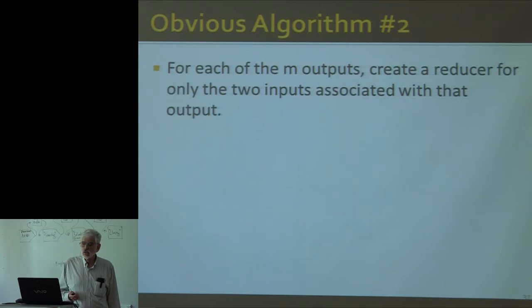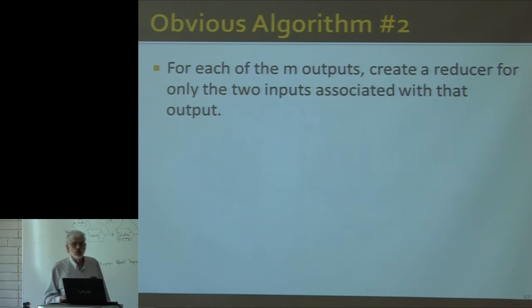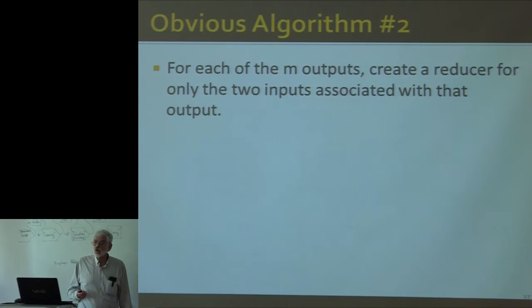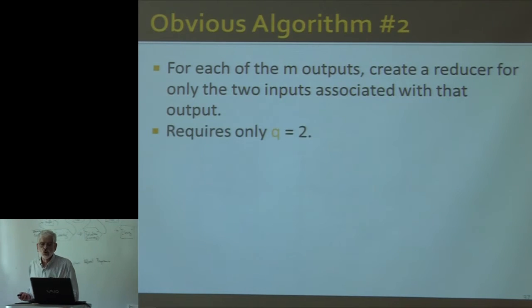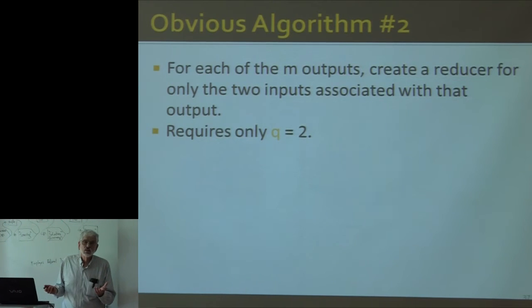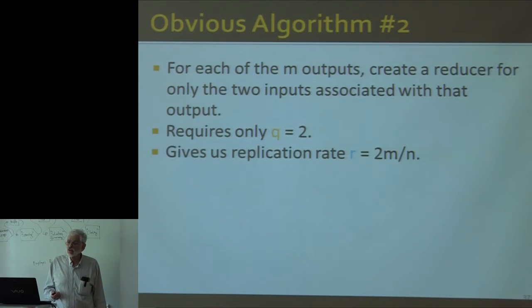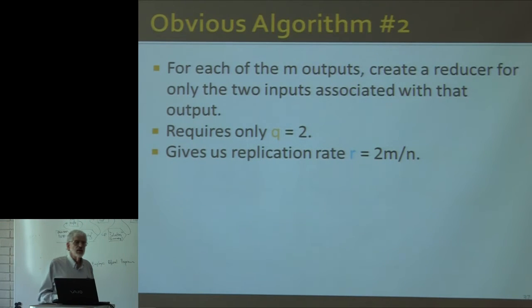Well, there's another obvious approach which does depend on m, where you create one reducer that will receive only the two inputs associated with that output. So we only need q equals 2, right? Because each reducer gets two particular inputs,